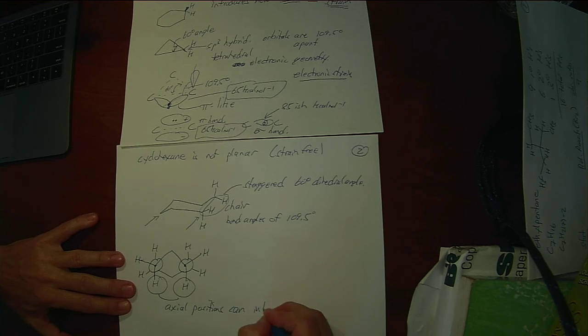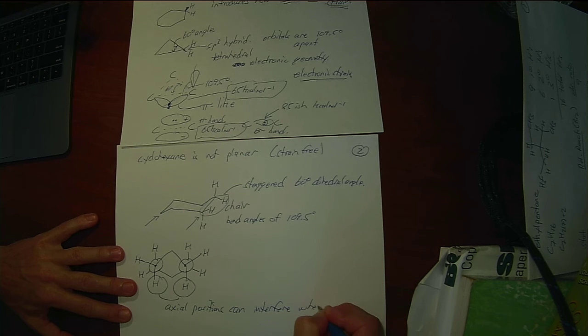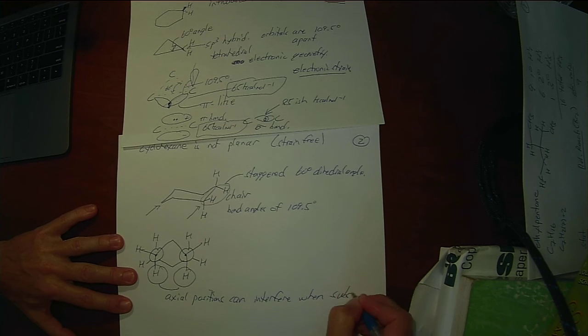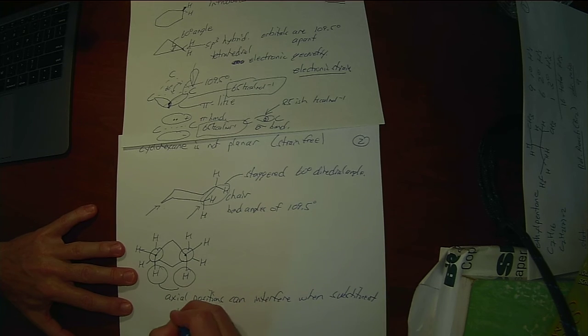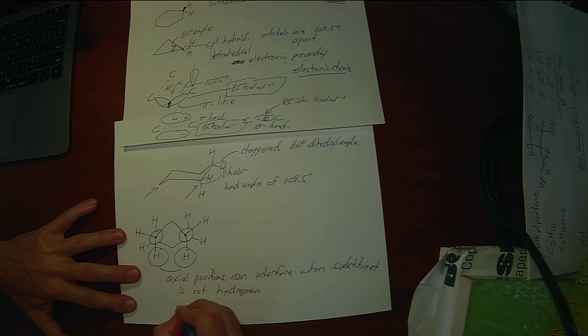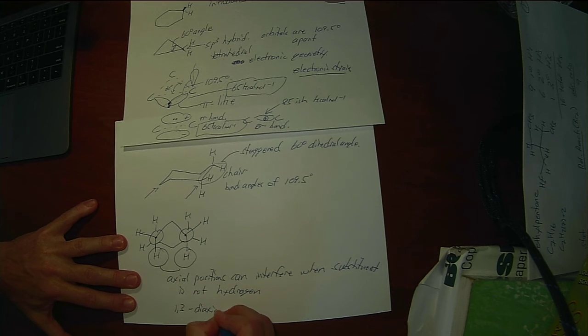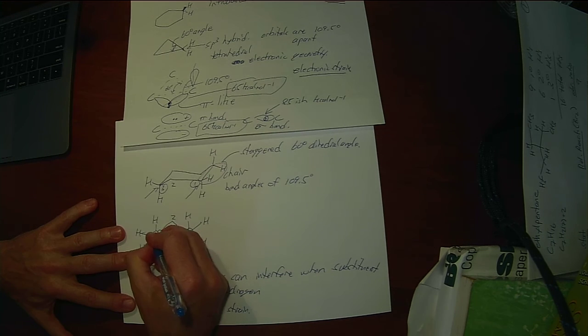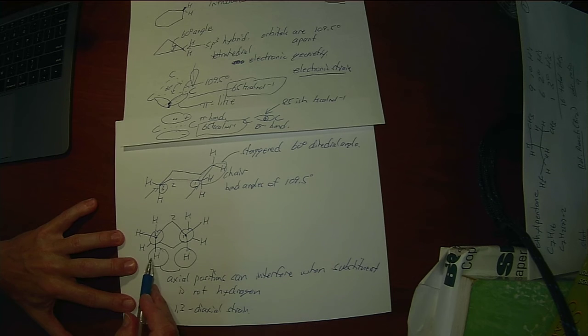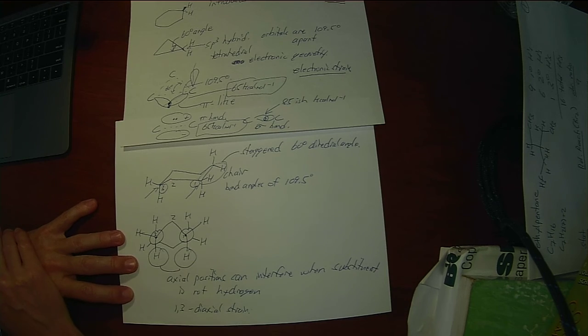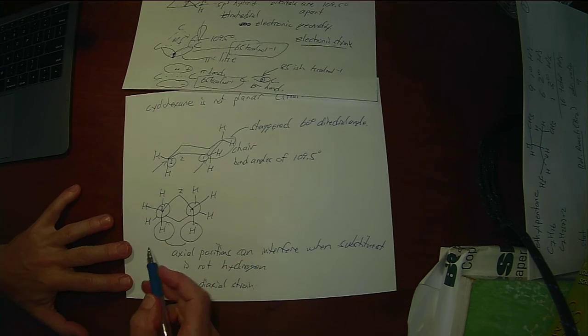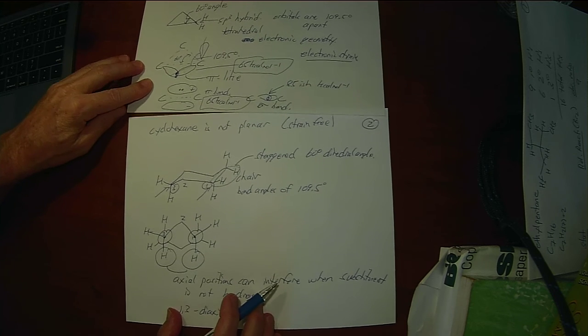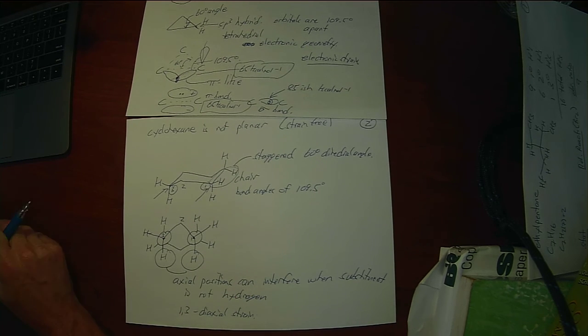can interfere when the substituent is not hydrogen. And that's a new type of strain called a 1,3 diaxial strain. If I were to number the ring, carbon 3 there, so that's a 1,3 diaxial strain. When they're hydrogens, that's not a big deal. But if these were methyl groups, they'd be overlapping van der Waals radii, and so they'd be interfering with each other. That's a new type of strain that you don't have except when you have a cyclopentane or a cyclohexane